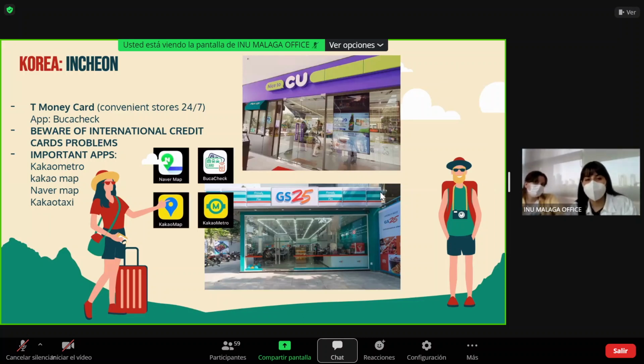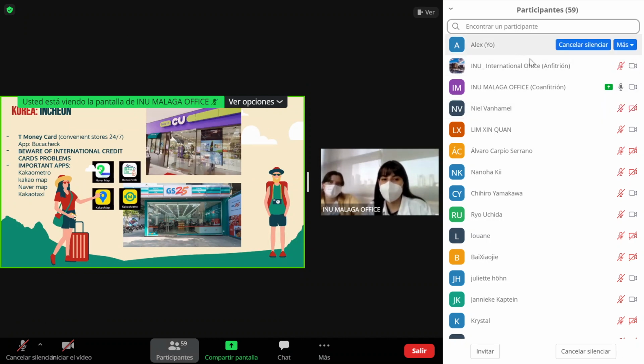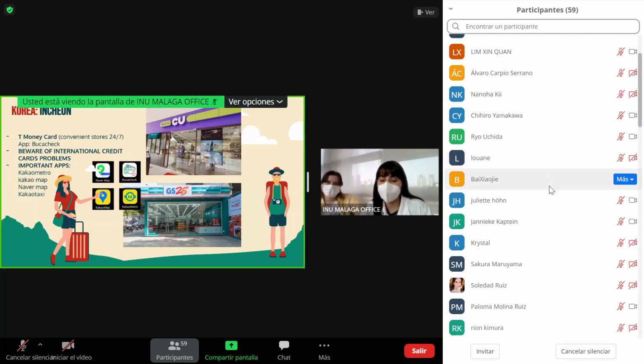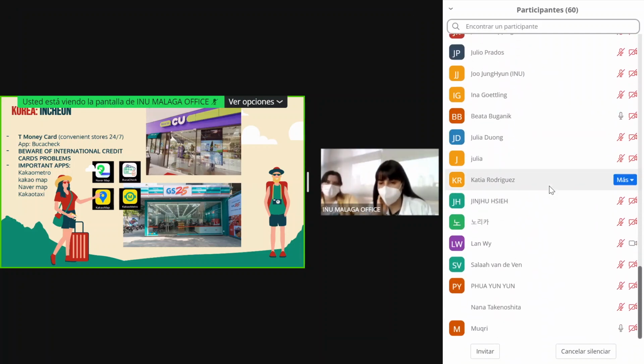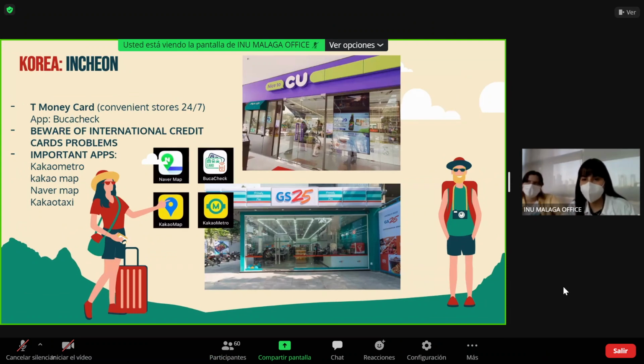Another useful piece of information related to not only Incheon, but maybe the whole country itself, is the T-Money card. It's the card that you can use for taking the subway and the bus. It's a card that you can use for both transportations. You don't have to buy a card separately for the transportations. And it's sold at convenience stores. Convenience stores are little shops that you can find everywhere. Most of them are open 24 hours. Just go there and ask for the T-Money card.